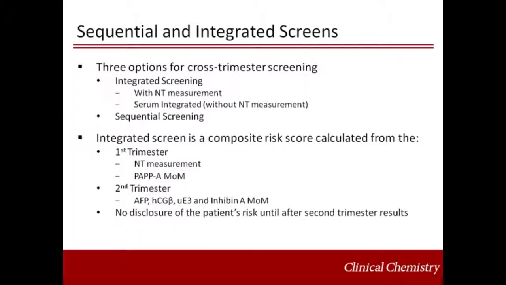In addition to the 2 separate first and second trimester screening options, there is also the option of one of 3 cross-trimester screens to assess risk. The first we will discuss is the integrated screen, which is a combined risk assessment of the first trimester nuchal translucency measurement and PAPP-A concentration and the second trimester quad screen components. In the integrated screen, all of these values are used to calculate an overall risk of carrying a trisomy 21 or trisomy 18 fetus. In the integrated screen, there is no disclosure of the patient's risk after the first trimester